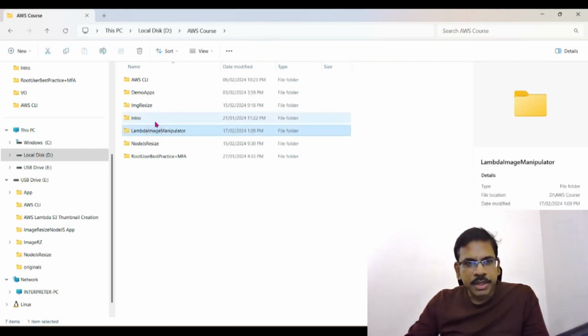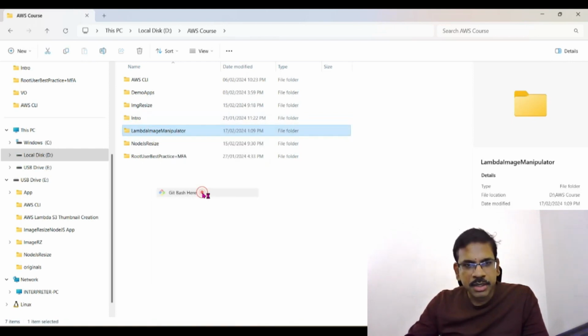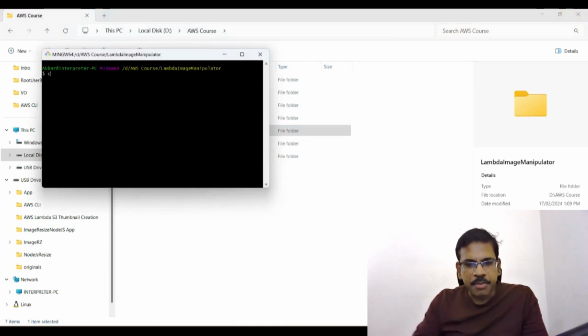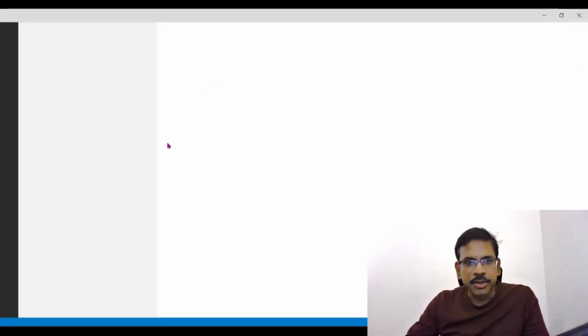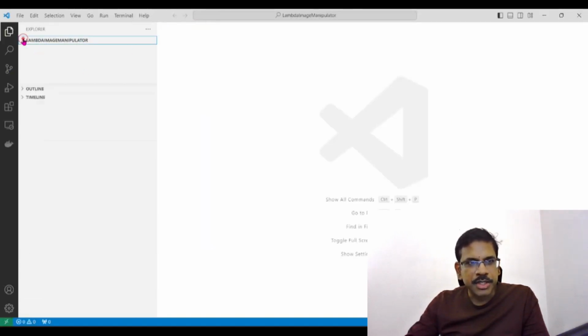This is my folder. Right click from the Git Bash. I'm just typing code dot so that it will be opened in my VS Code. This is my fresh folder, fresh directory. There's nothing in it. Now I'm going to create a file,